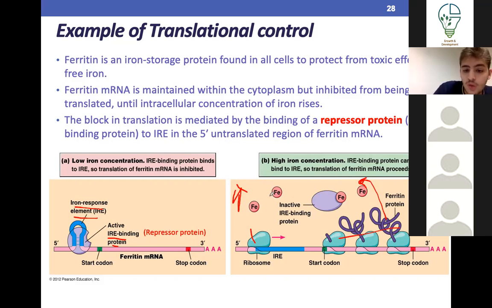And once you have increased intracellular iron, the intracellular iron binds to the IRE binding protein, removing it from the mRNA. Now you have the mRNA alone, and since it's free, it can get translated by the ribosome. Once it's translated, this is a ferritin gene, it will produce ferritin. Now ferritin binds to iron, and this is a mechanism of protecting the cell against increased iron.